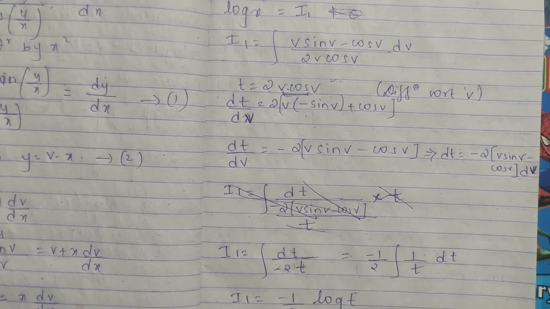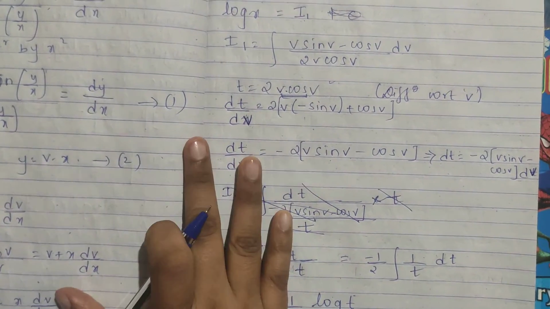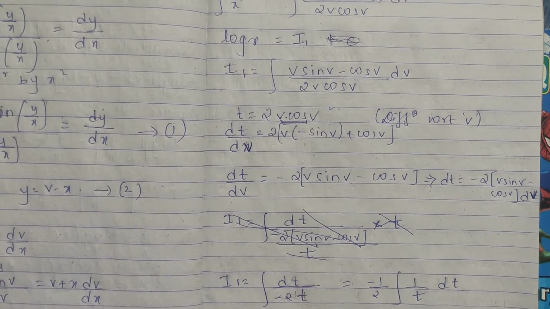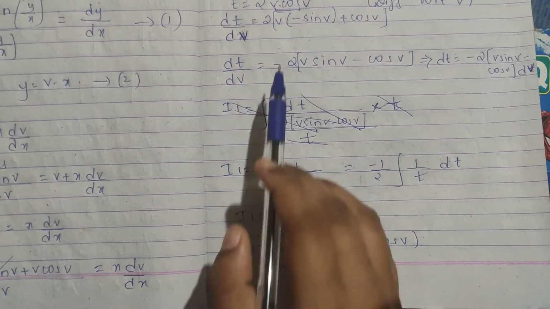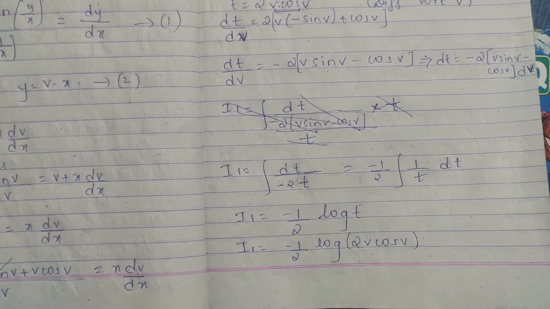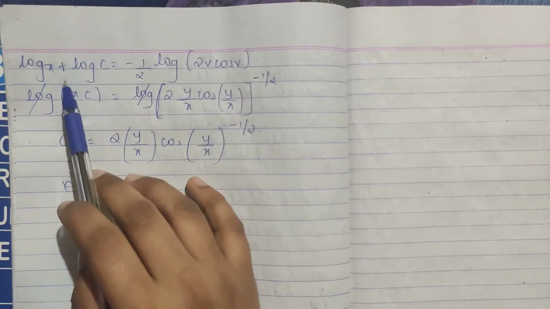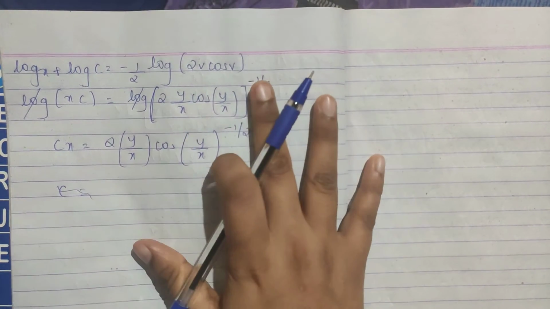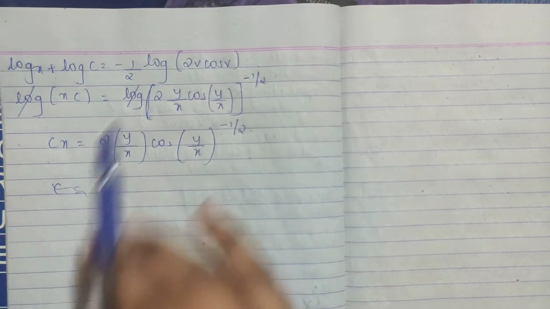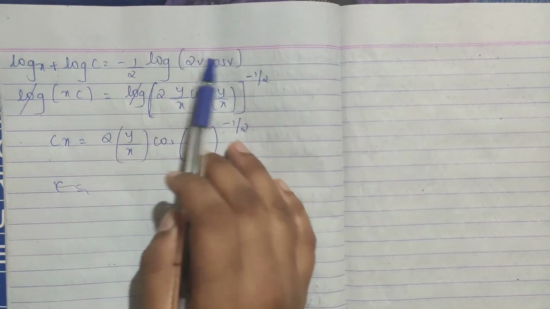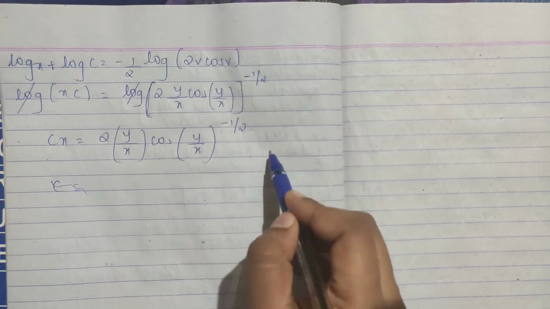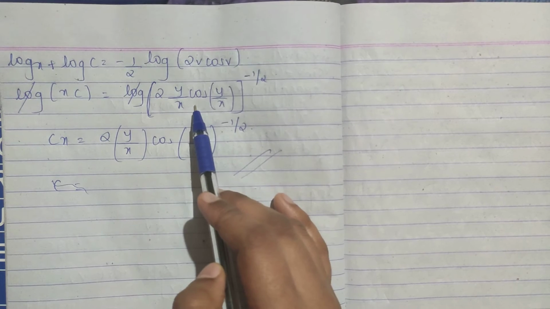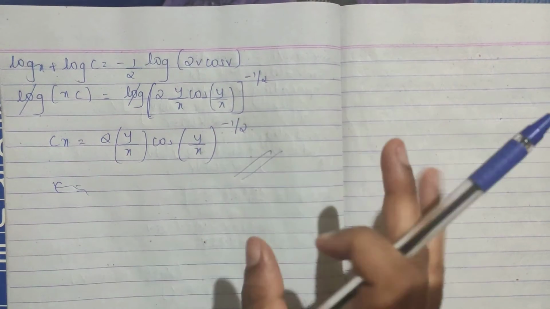Now substitute this in your equation form, replace your v by y by x. Replace your t also, t is 2v cos v, substitute in your I1. So log x, see, integration constant, most of the time we try to keep it with the x part only. So here I have written log x plus log c in I1. Do everything just to simplify, and then you can leave it here only. Replace v by y by x, this is the main thing, we should replace it at the last, and however much you can simplify it, you can simplify it and leave it off, okay.